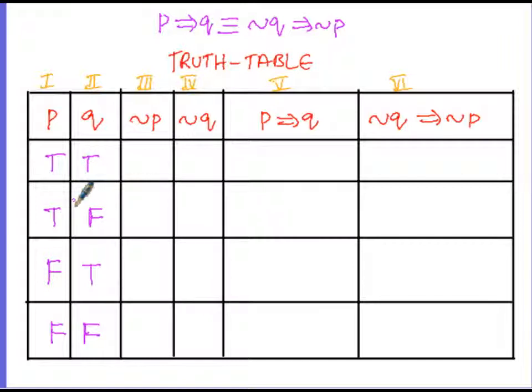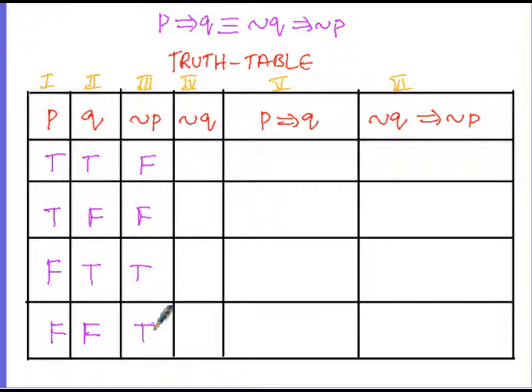Now let us find out the negation of P. Here T is the truth value of this statement P, and negation P indicates not P. So the truth value of P we have assumed as true, then negation P, that is not P, is not true. If it is not true, we get the false statement. Therefore P is true, so negation P will be false. P is false, therefore negation P will be true. Then if P is false, the negation P will be true.